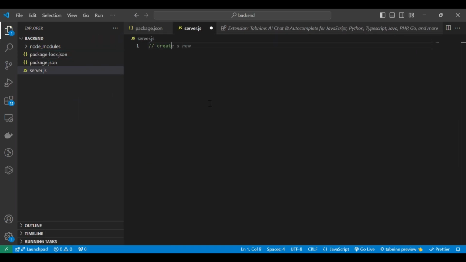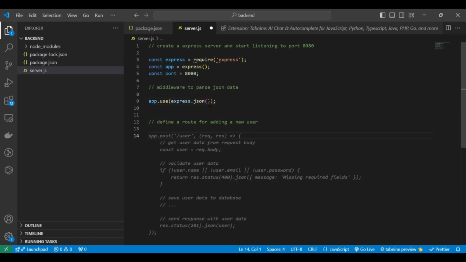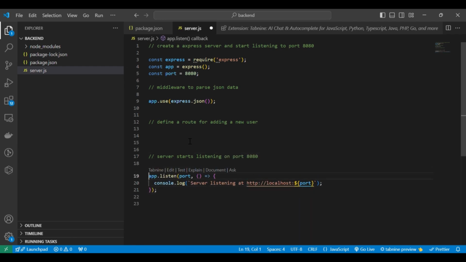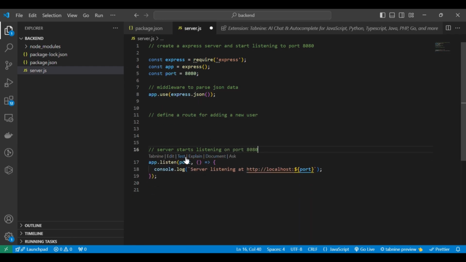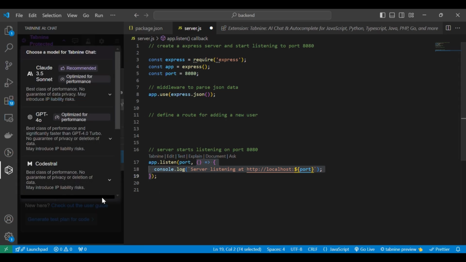and very similar. And let's start with typing our prompt: create an Express server, and start listening to the port 8080. So, a middleware is necessary. Okay, let me try to type it again. Server, start listening on port 8080. Yeah, auto completed. Also, we can generate test cases where we can use various LLMs, but right now we are